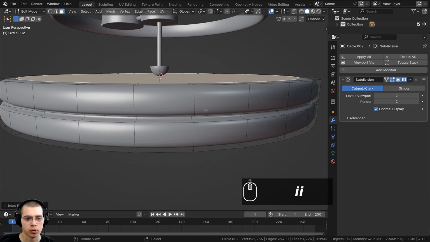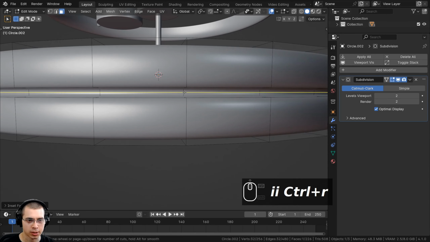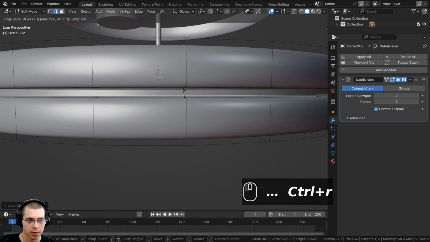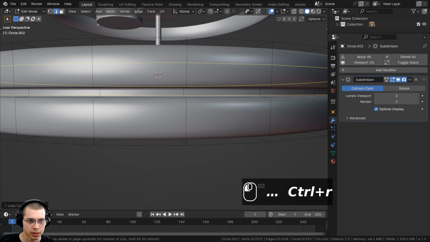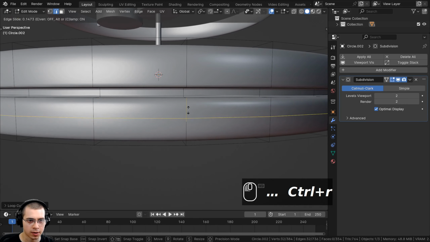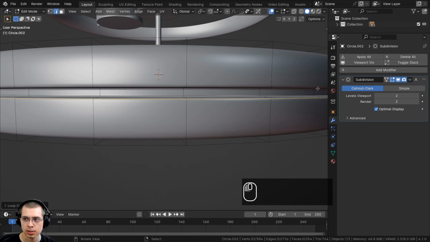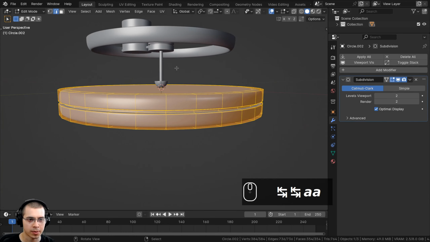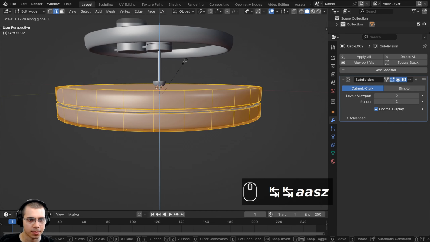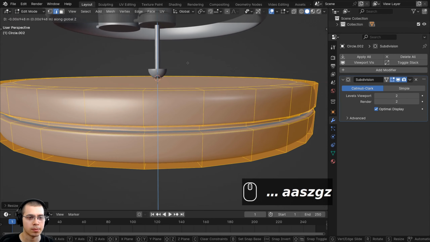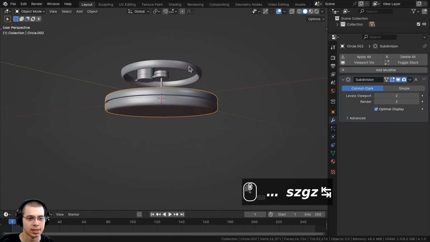And then I want to add some more loop cuts here in the center. So I'll press Ctrl R and add a loop cut there. Ctrl R and add another loop cut there just to sharpen those edges. And then Ctrl R, add another one there. And then we'll also add another one there just to sharpen up those edges. And then I think I want to select everything, and I want to scale everything up on the Z-axis just a little bit, and then bring it down on the Z-axis so it's a little bit thicker.